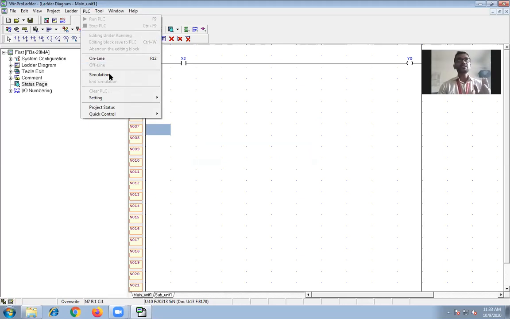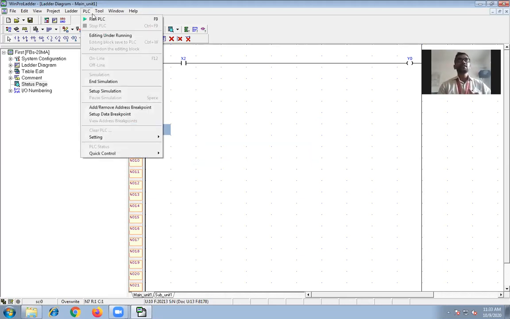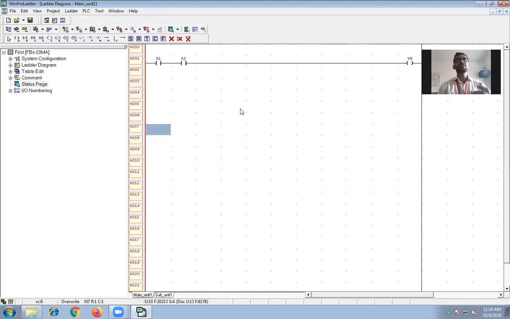So again go on PLC, here one simulation link is there. So click on simulation. So simulation is started, means inbuilt PLC it is using and it is loading that file into it. So you have started simulation, correct? Now run PLC, internal PLC you have to run, means you have to turn it on. So PLC is in running condition. So see, this is becoming red now, correct? Means it is showing that this is a VCC pin.